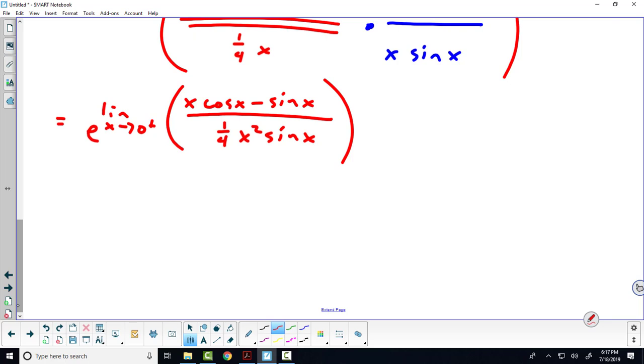So, this still has indeterminate form 0 over 0. We didn't get anywhere as far as the indeterminate form went, but at least we don't have a natural log anymore. And you could argue, at least now we've just got a single fraction. So I think things seem a little bit better. We'll take L'Hopital's rule again and see if we're getting anywhere. So applying L'Hopital's rule a second time,